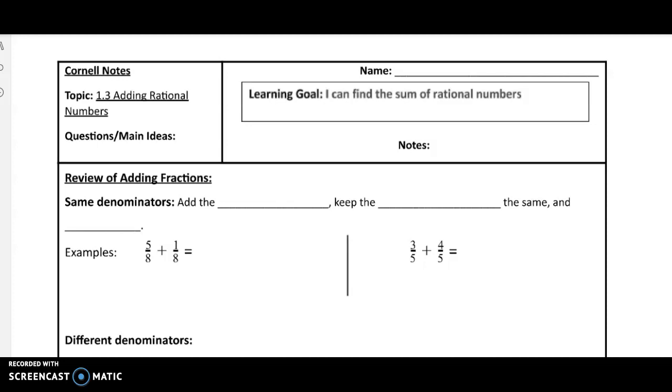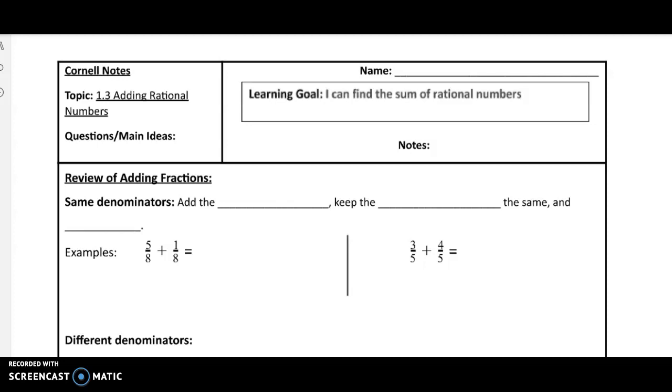All right, so we are starting topic 1.3, adding rational numbers today. Our learning goal states, I can find the sum of rational numbers. So this is very similar to what we just got done doing in topic 1.2, adding integers. But now, instead of just adding positive and negative whole numbers, we're going to start adding positive and negative fractions